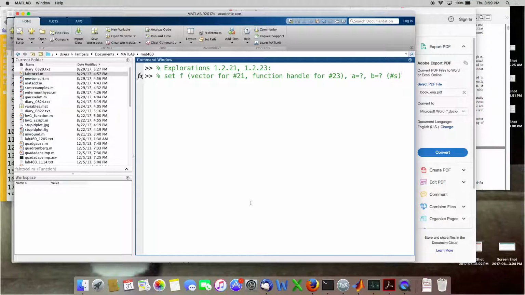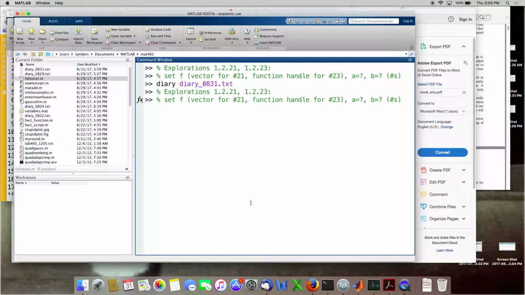Hold on. Let me start the diary here. Okay, I'll just repeat these so they go in the diary. So for instance, number 21, I could set a equals 0, b equals 1, and then my polynomial would be something like